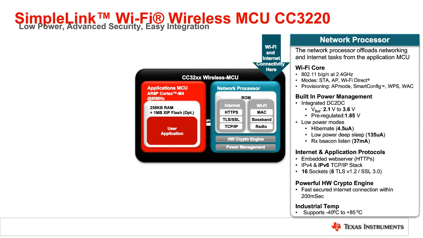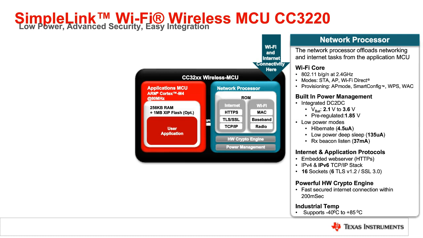It supports 2.4 GHz for 802.11bgn. It also supports Wi-Fi in station or in access point mode, as well as Wi-Fi Direct mode. In access point mode, it will support up to 4 stations. It offers several provisioning options in the AP mode: the TI proprietary SmartConfig, as well as WPS, and it is also compatible with WAC, which is Apple's proprietary network configuration.